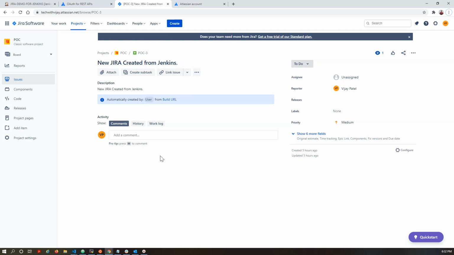So what are the configuration parts, how we can create a job, and at last we see the creation of the Jira ticket. So you can see the tickets here which is created using the Jenkins job. So let's try to understand how we can achieve this goal. So let's make a simple note of what we have to achieve in this session.